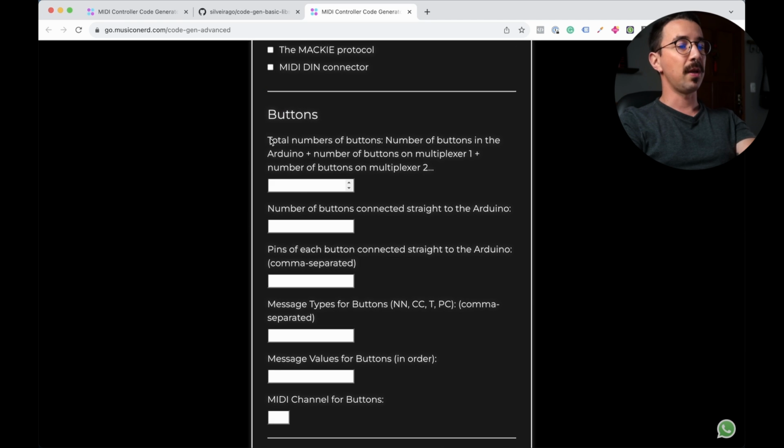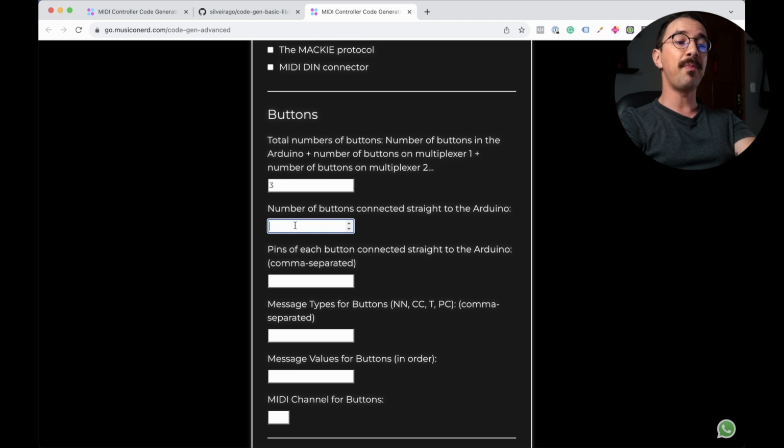So first question, total number of buttons: the number of buttons in the Arduino plus the number of buttons on multiplexer 1 plus the number of buttons on multiplexer 2. If you had multiplexers, you would sum all the buttons, including Arduino and multiplexers. Since we don't have multiplexers, I'm going to put the total number, which is only 3.